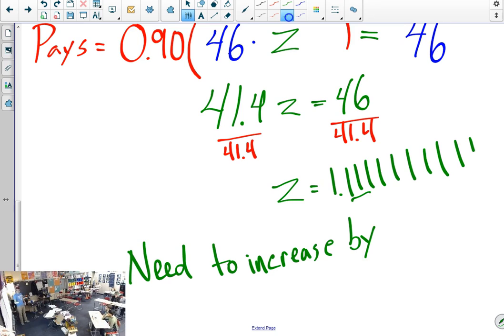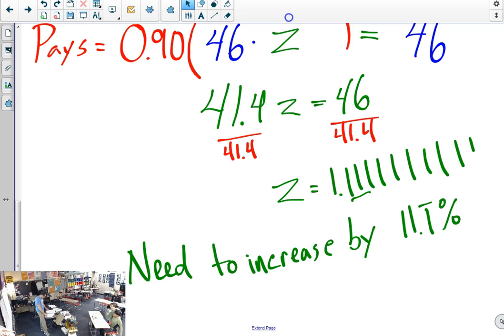13 would make them money. But if you want the shoes to end up the same, and this is why we get messy repeating decimals, because that's not nice math. But that's all right. If we increase by 11.1 repeating percent, they'll be equal. Anything more, they'll make money. Anything less, and they lose a little bit of money. But I mean, the shoes probably cost them like $20. We went way deeper on that than we were supposed to, but that is totally fine.